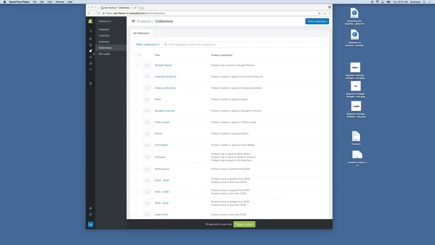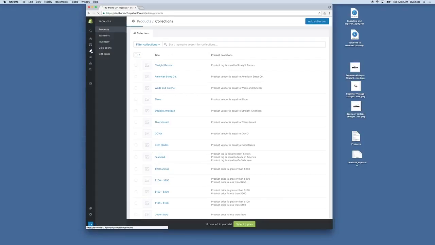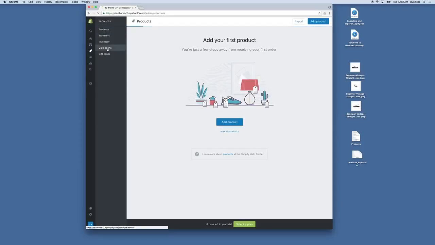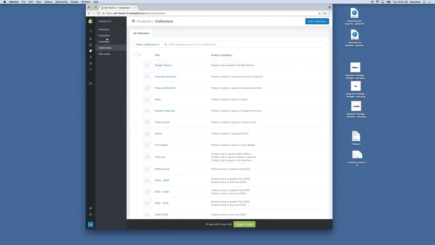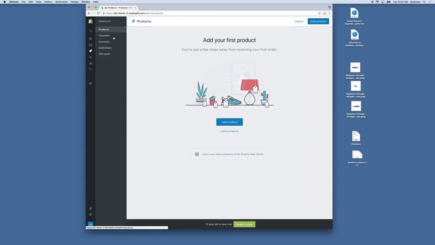So here they are, where again, we're in products. If you come over to the sidebar and we're in products, collections. So what I like to do is open up a second tab. So we'll have our products tab open. You can see right now there are no products here, but then I'm going to open a second tab showing